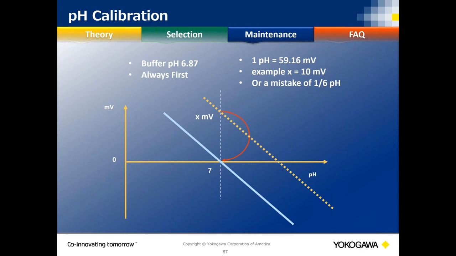This value is going to give you your zero offset, your asymmetry potential. It's a millivolt value. Remember, Nernst said that 1 pH is 59.16 millivolts. If I see a reading of 30 millivolts, let's just round it to 60, 30 millivolts, that means when I put my probe into a 7 buffer, it either read 7.5 or it read 6.5, and you're building in